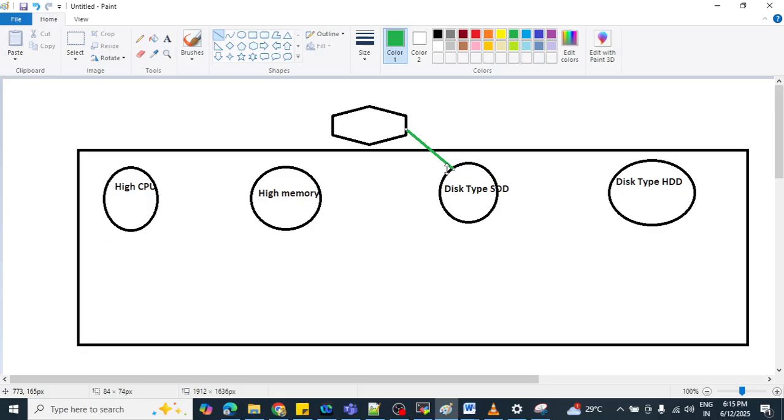So what can we do? We can tell the Kubernetes scheduler to use the node selector and select disk type equal to SSD. Okay, that is also good.